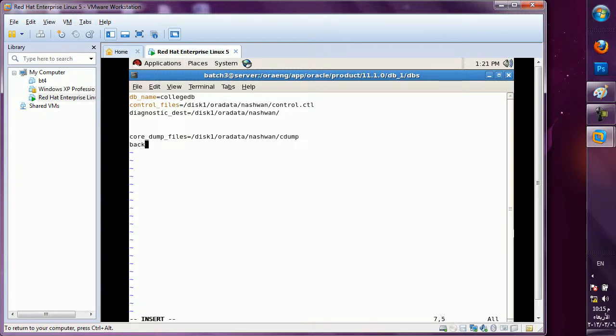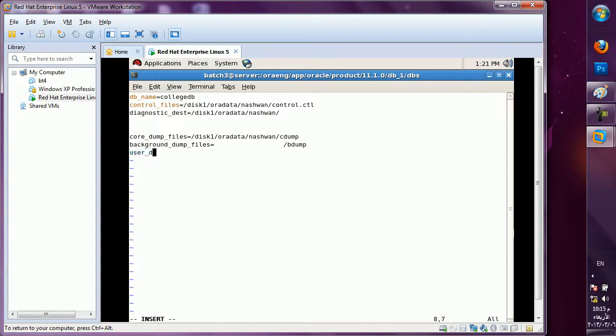Okay. Then background_dump_dest equal to bdump. This is for keeping the records of background problems. Core means hardware problems, and this is background process problems.